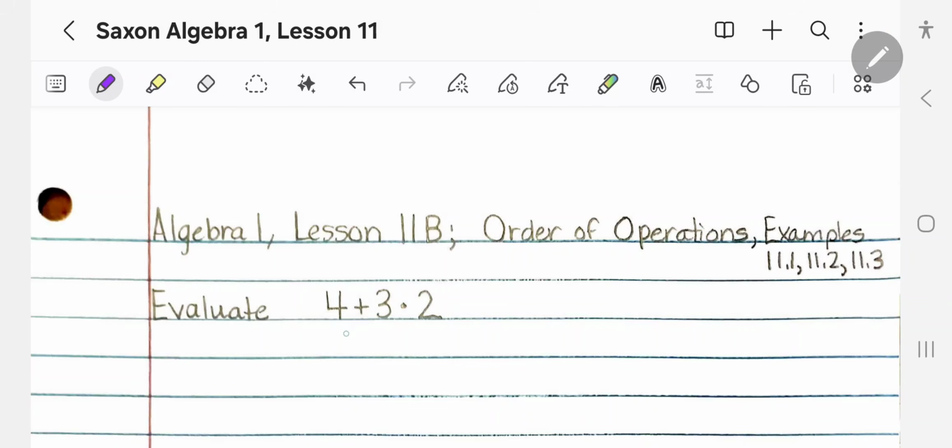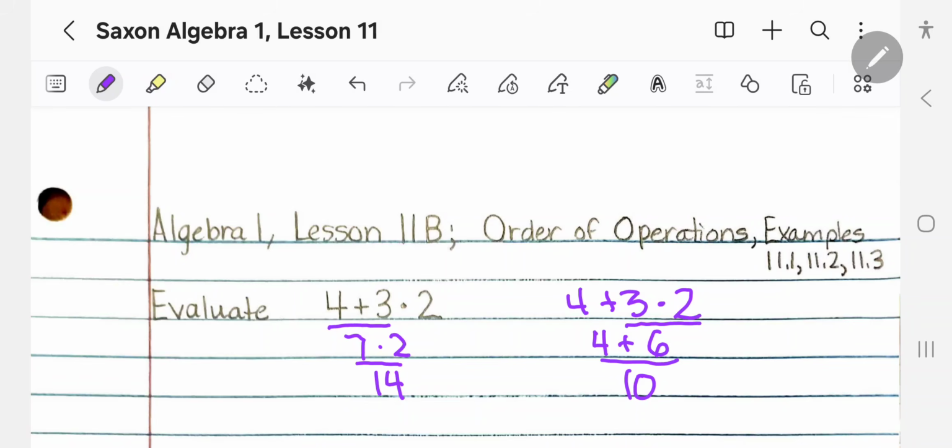Let's work this problem. 4 plus 3 is 7, and 7 times 2 is 14. Now, some of you may be saying, wait a second, there's another way to do this problem. Let's try it a different way. Instead of doing this addition first and then the multiplication, let's do the multiplication first. Hold on. We get two different answers. So how is that? Well,